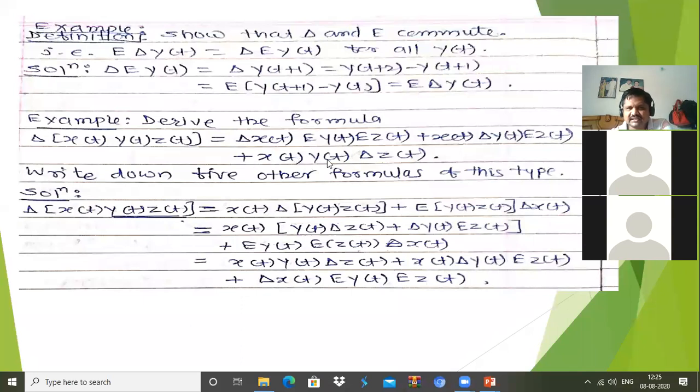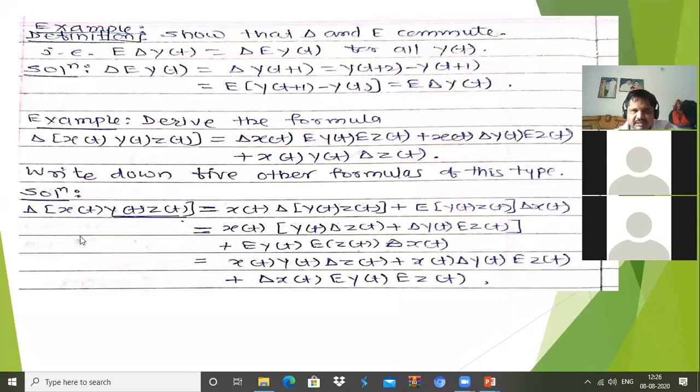कैसा क्या है? First and second as it is, delta of last function; first as it is, third का shift, second का derivative, and then first का derivative, second का shift और third का shift. Okay, and write down other 5 formulas of this type. For this product of these three functions, we get total 6 different formulas, right? For finding delta, वो 5 formulas अलग हमको, we have to find all other 5.